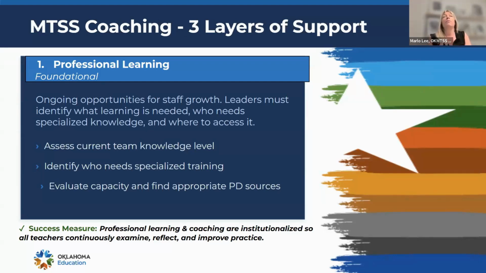We have, for instance, a tier 1 audit that you can do. Look at your screeners and see, are 80% of your students meeting grade level expectations? If they're not, then you want to look at your tier 1, because that signals a tier 1 problem. And so you're going to look at your curriculum and do a checklist. What is your curriculum? Is it evidence-based? Is it aligned to standard? All of the things. What about best teaching practices, science of reading, all of those things. So we have checklists for all of those.